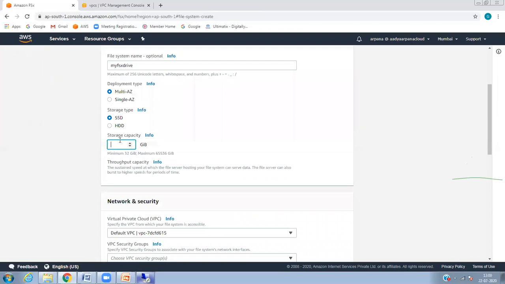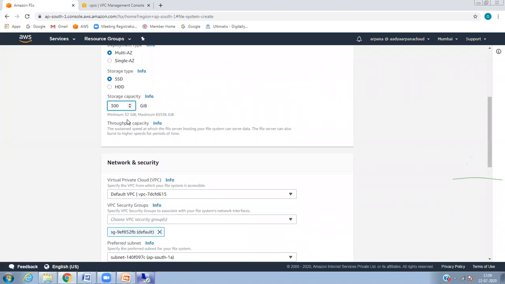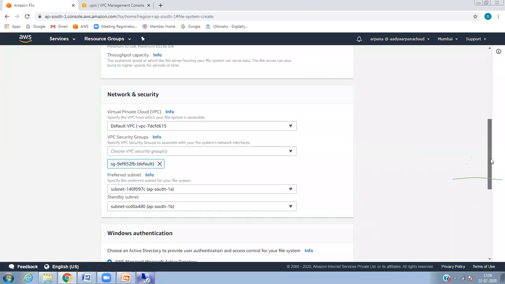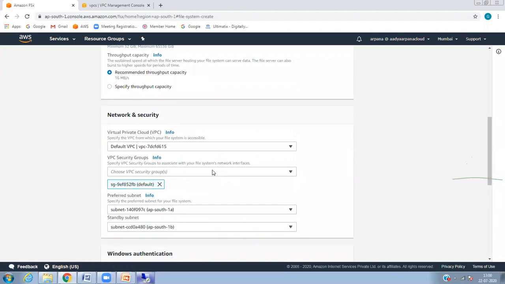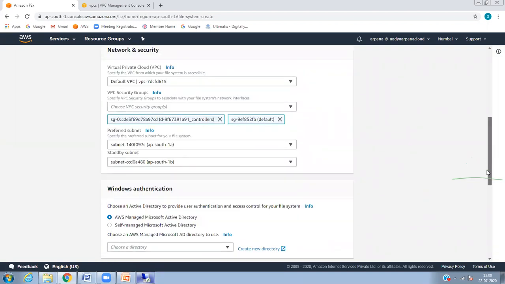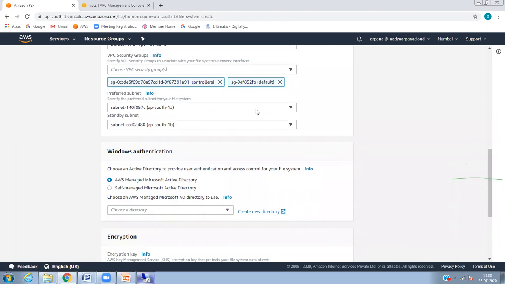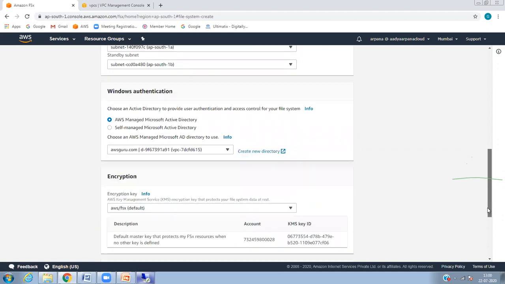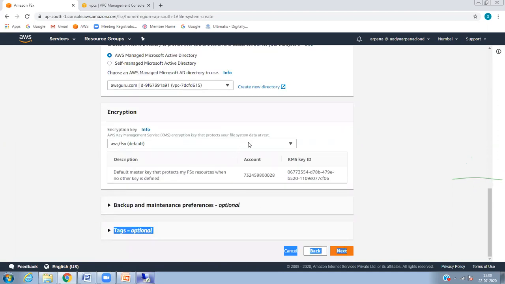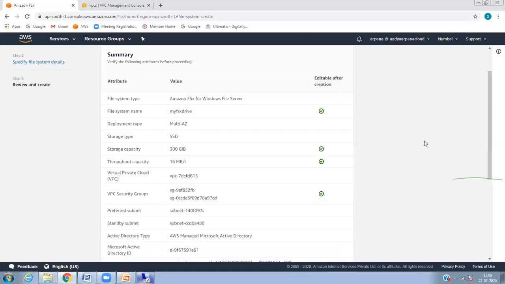No, 100 will not work, 300 only. The minimum is 32 GB, but they have mentioned 300 GB only, because I've gone through it. Now let's see. See, file system name, my FSX drive.